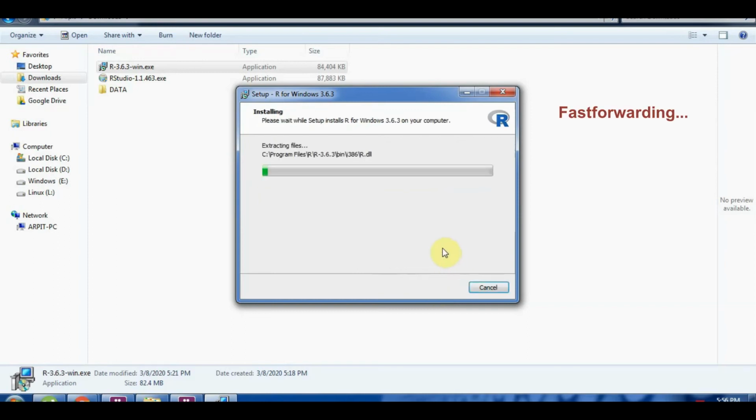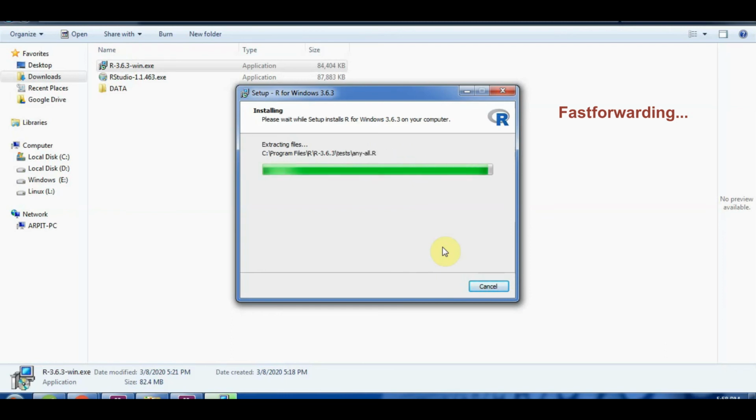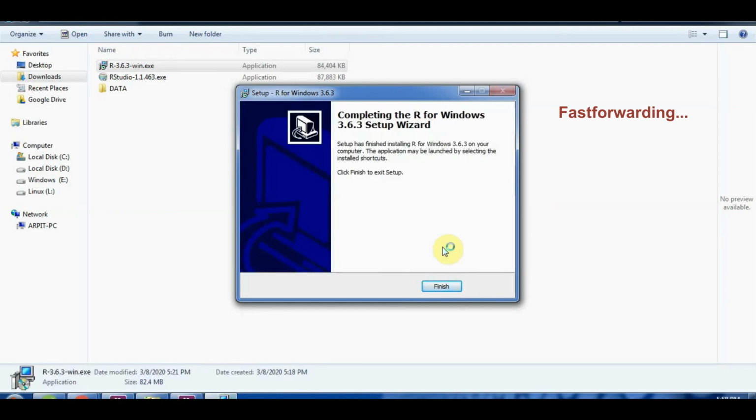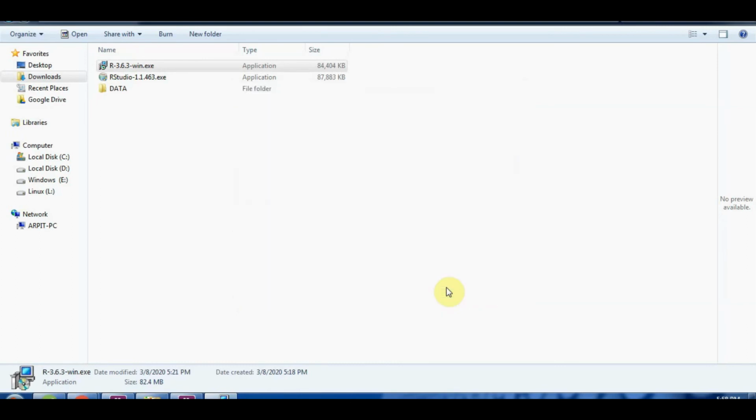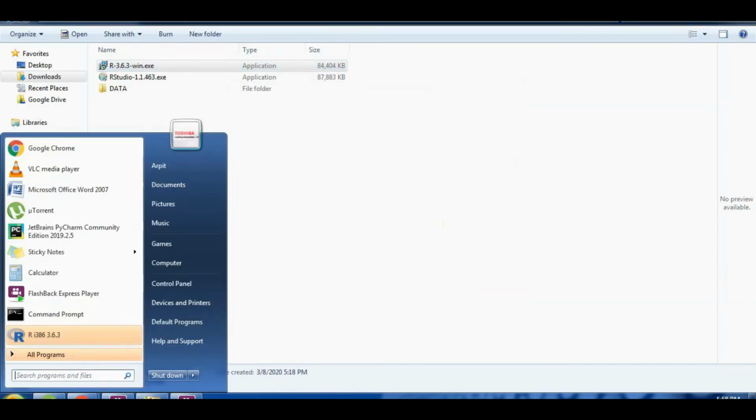So I tick them. Fast forward, this pop-up will come. All you have to do is finish, and your R is installed in your system. You can check this out here.